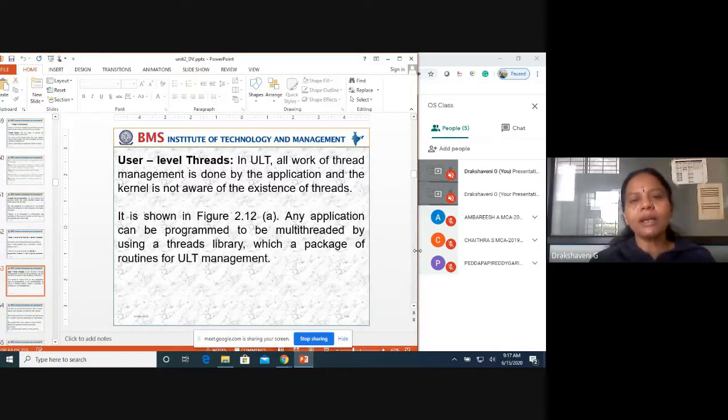In ULT, all work of thread management is done by the application and the kernel is not aware of the existence of a thread. It is shown in figure 2.12a. An application can be programmed to be multi-threaded by using a thread library, which is a package for ULT management.